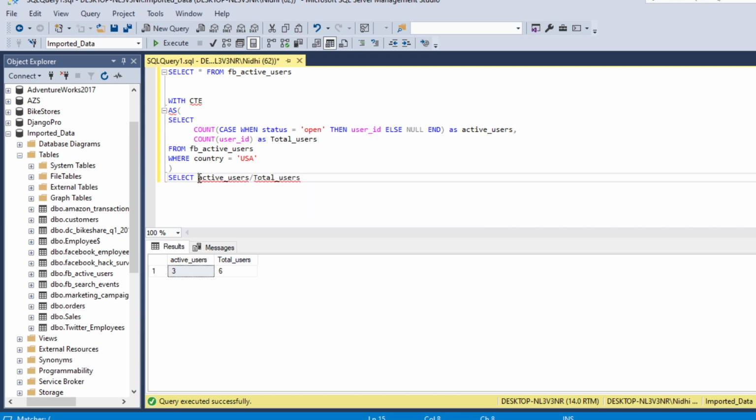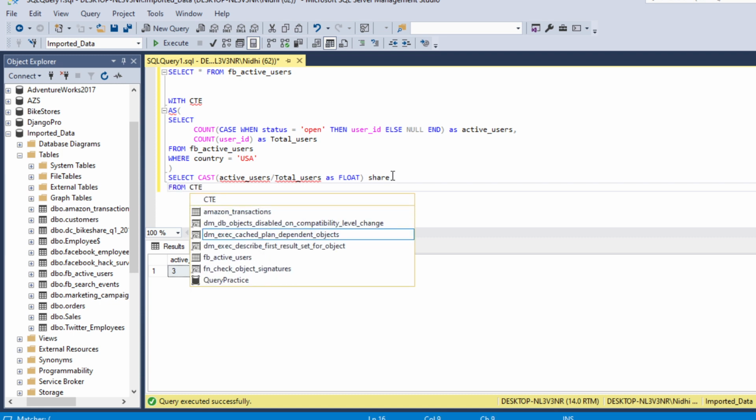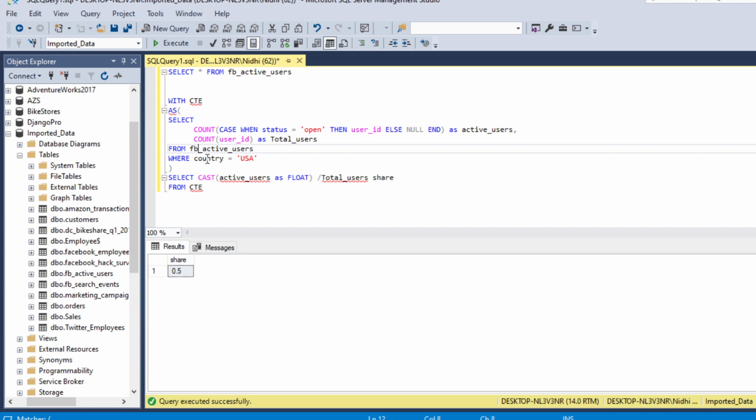Then we will convert the data type to float, so cast as float. We'll close this and give it the name share from our CTE. Now we have total share 0.5 here.